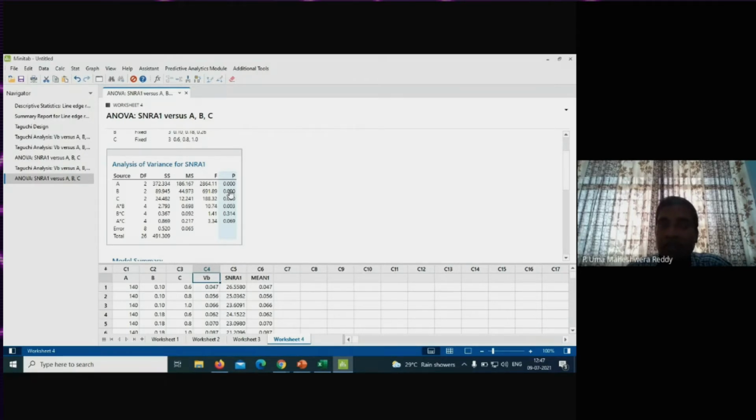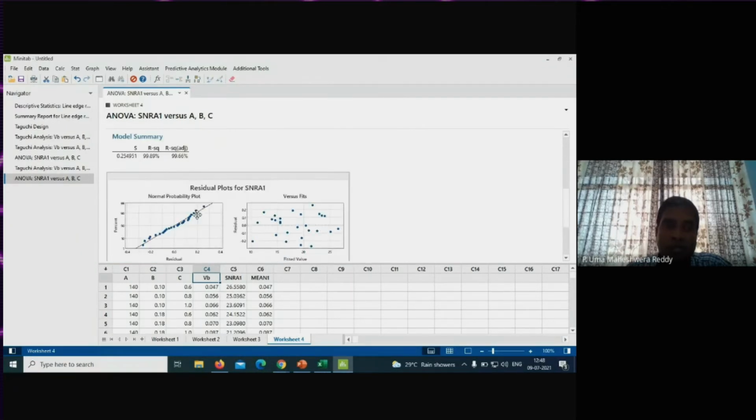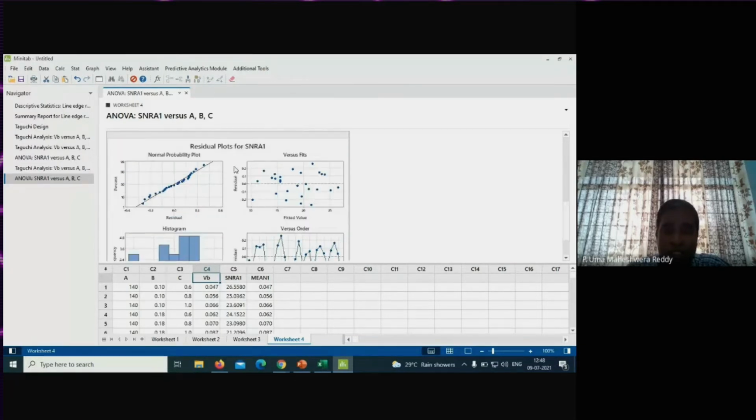We have selected a 95% confidence interval. So for a 95% confidence interval, the alpha value is 5 by 100, 0.05. Now if the value which you obtained is less than that value, that means the ANOVA which you calculated is adequate. So you can give that kind of conclusion now. Now coming to the R square value, of course we are going to find out the correlation coefficient exclusively when doing regression. And coming to the different plots you have drawn here, I have selected all-in-one plots.